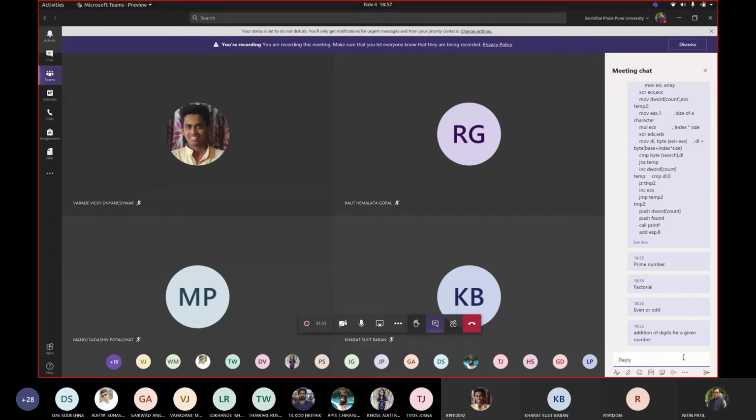And if you try to copy from something, I can definitely check it, because we now have Turnitin installed. Turnitin is a plagiarism checker, and that will help us find out if it is copied code.